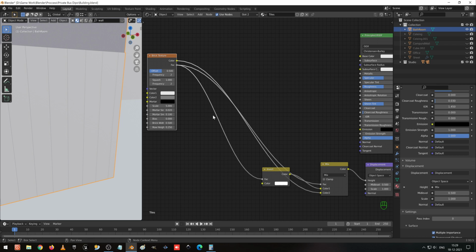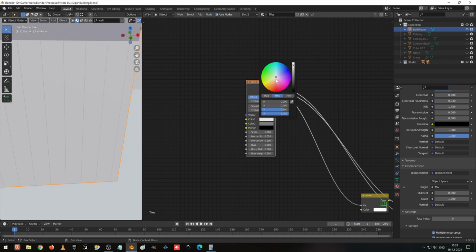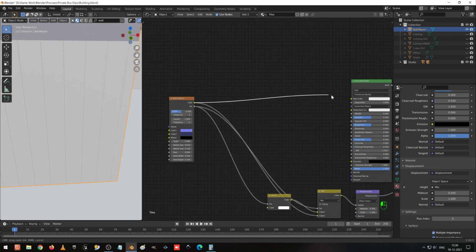So okay, now you can see the line, but it doesn't look correct. Okay, I just change the color, let me give blue, light blue. Then I copy the value and I paste the value and make it dark. Now this color I am going to connect to the base color.